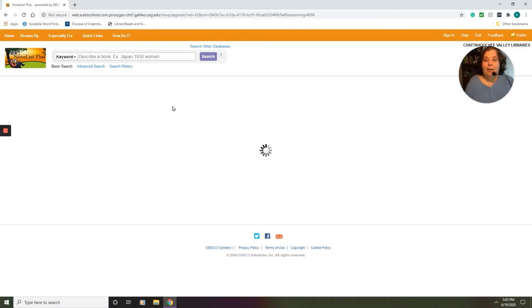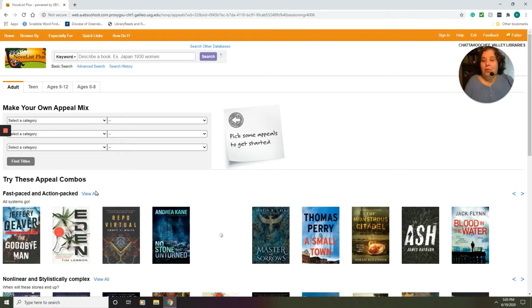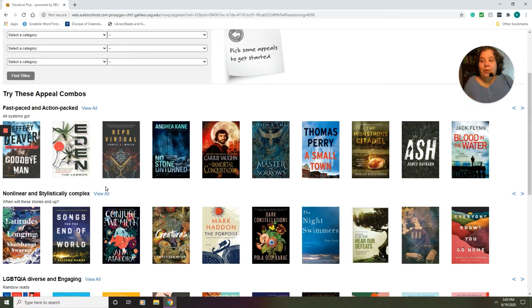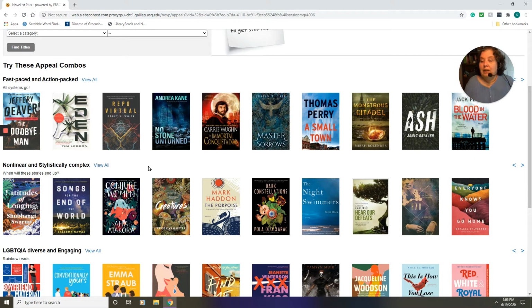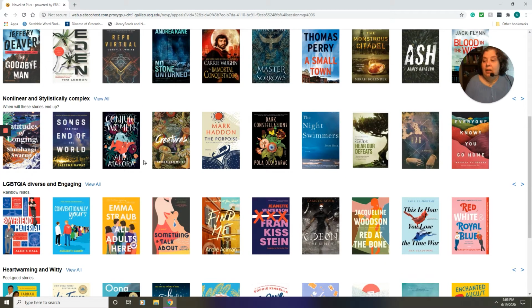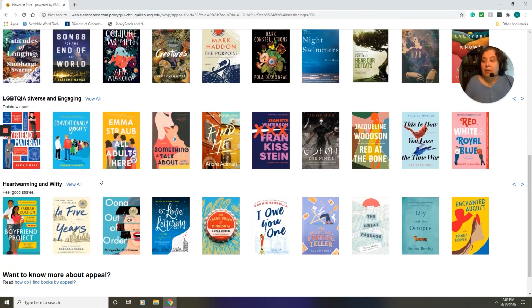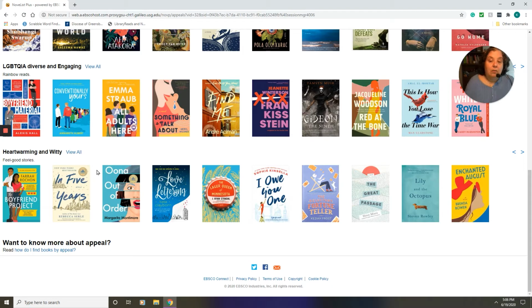Do you want fast-paced and action-packed, which would be a quick read? Do you want nonlinear and stylistically complex, which basically means a book that has some angst in it or a really big problem that can't be solved or something like that? You've got diverse and engaging, which is LGBTQIA, if you're interested in that type, and heartwarming and witty. So depending on what you enjoy to read, this is where you can come to find those books and ones